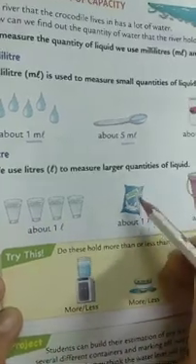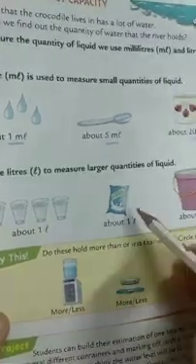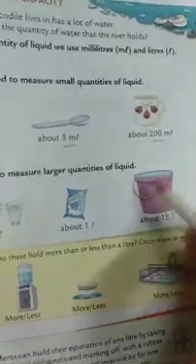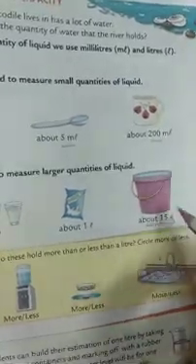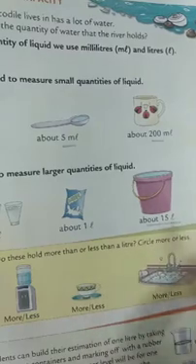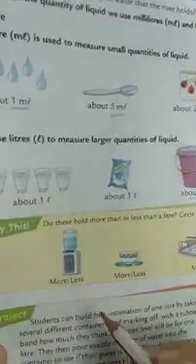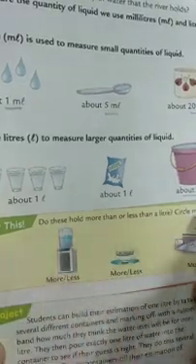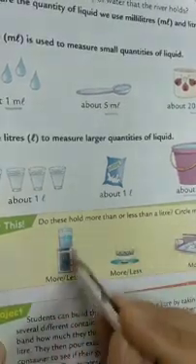A 1 liter milk packet is there. You might have seen from the shop a 1 liter milk cup, and the bucket you are using in the bathroom, or a big bucket of 15 liter. So this will give you an idea about the liter and milliliter. Do these hold more than or less than a liter? Circle more or less. Okay, this is a dispenser.